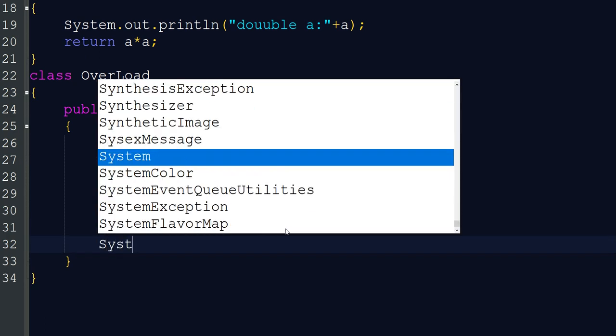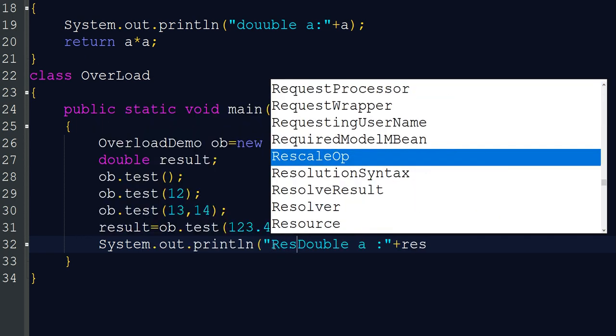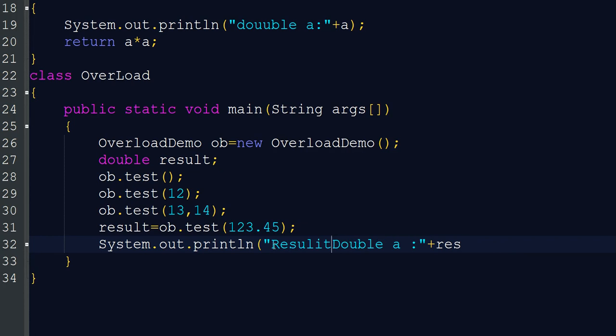So here we print System.out.println of the result of ob.test double a, that is result. Okay. So that is all about the method overloading program.